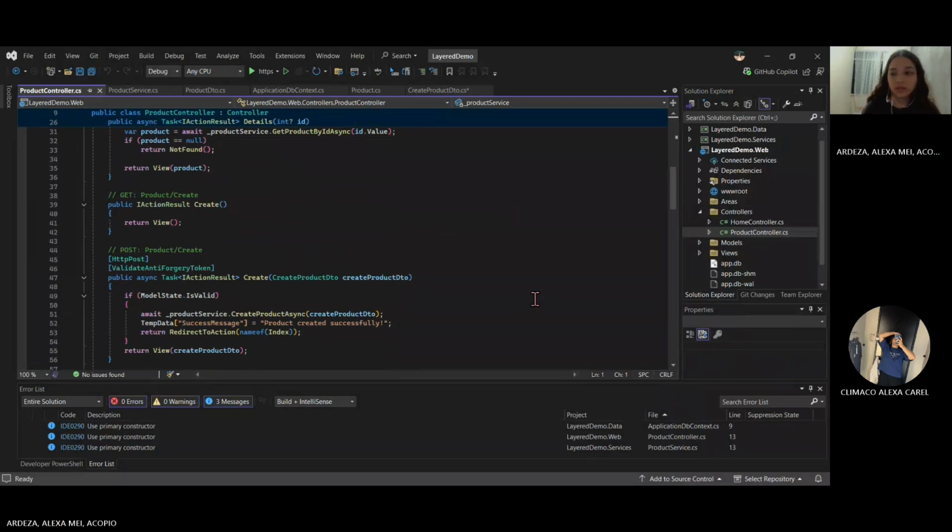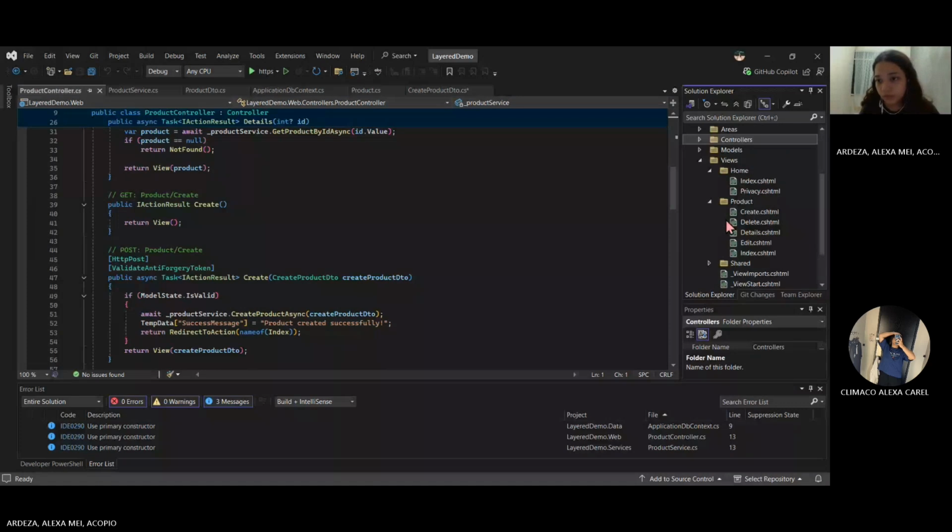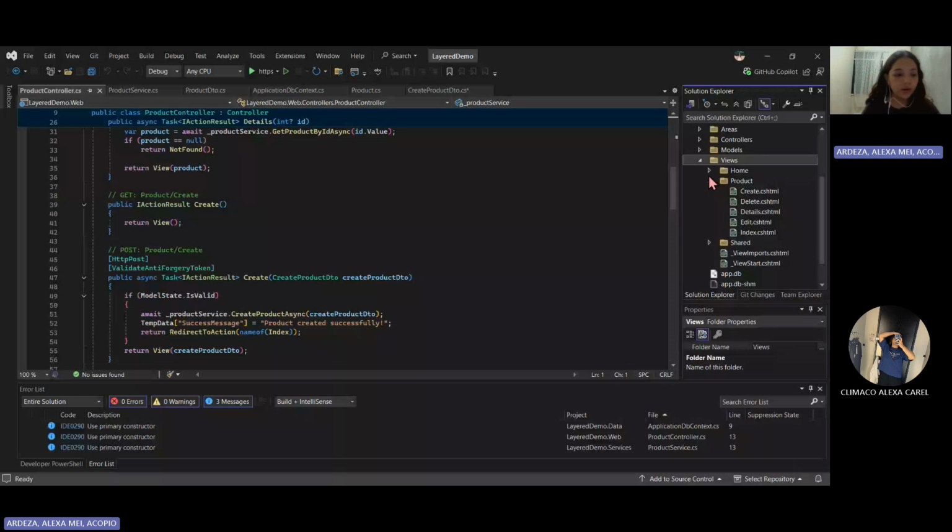Next, let's open the Product folder. I have Create, Delete, Details, Edit, and Index inside this folder.